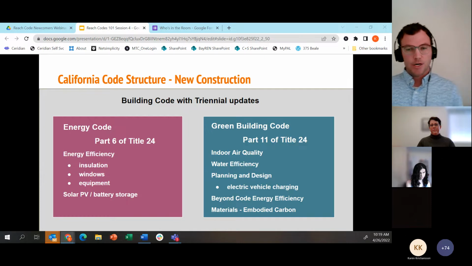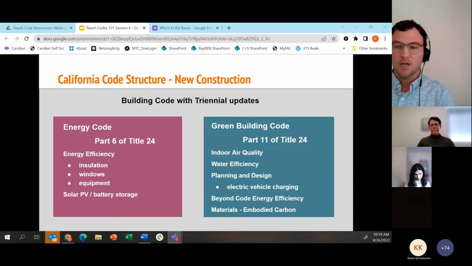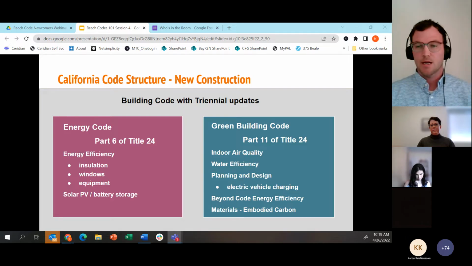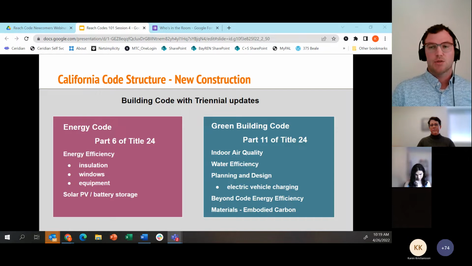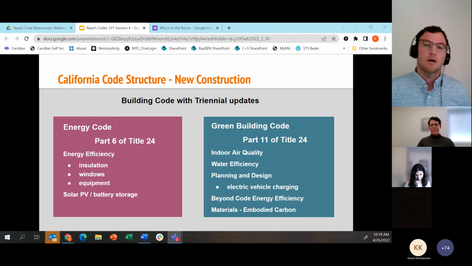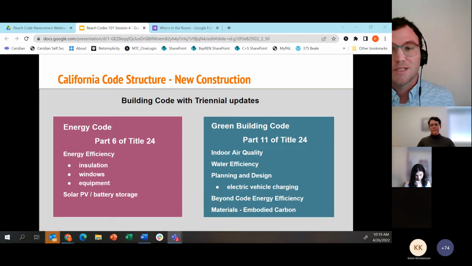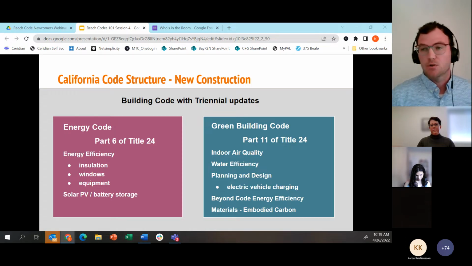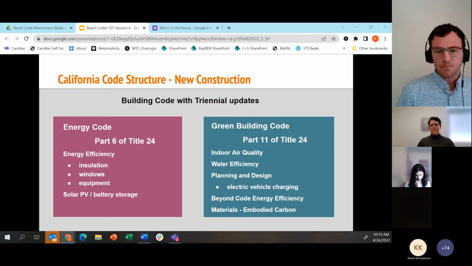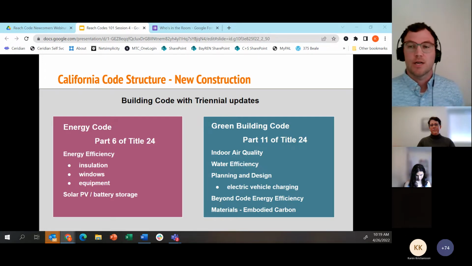CalGreen, on the other hand, moving back to the historical perspective, is newer. In 2007, the California Building Standards Commission was directed to develop green building standards in an effort to meet the goals of AB 32, which is the famous Global Warming Solutions Act. AB 32's first scoping plan, when it was first being developed, identified buildings as the second largest source of California's greenhouse gas emissions.